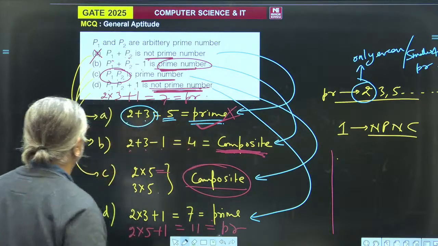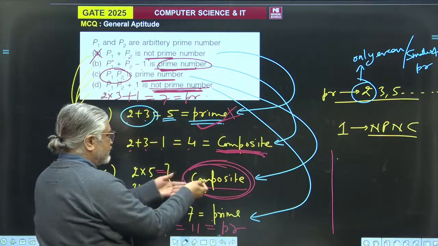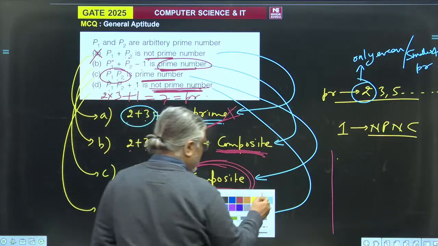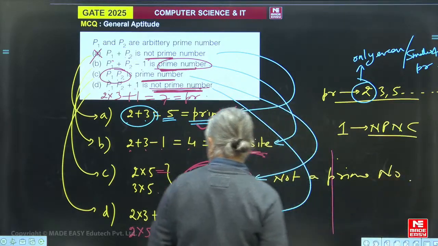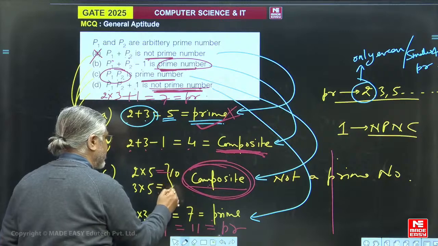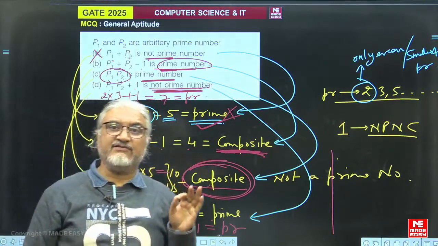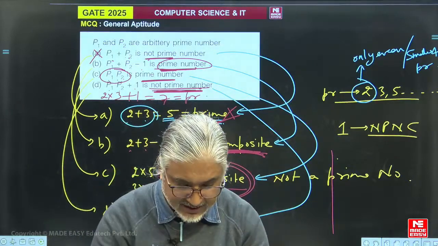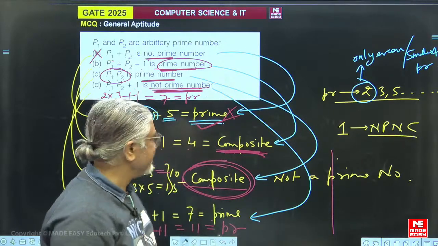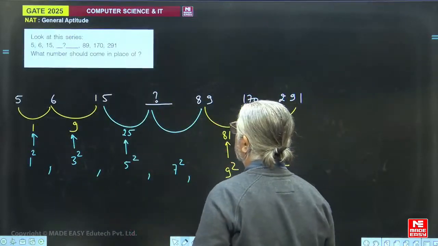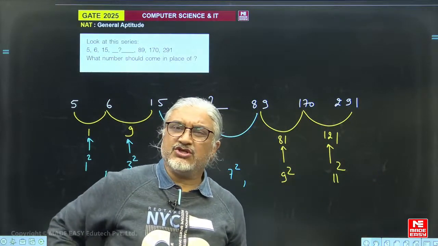P1 into P2 is not a prime number। मैं तो बोल ही रहा हूं कंपोजिट है, नॉट अ प्राइम नंबर, मैं तो बोल ही रहा हूं वो तो कंपोजिट नंबर है। P1 इंटू P2, 10 इज अ कंपोजिट नंबर, 15 इज अ कंपोजिट नंबर। तो इसमें क्या करेक्शन था वो लोग आप देख लीजिए, मैंने वैल्यू लेके पूरा क्वेश्चन आपको एक्सप्लेन कर दिया है, राइट। कैसे क्वेश्चन को करना था, आई हैव ऑलरेडी एक्सप्लेन इट। चलिए, ये बहुत ही सिंपल क्वेश्चन था, काफी सारे इससे बढ़िया बढ़िया लॉजिक के क्वेश्चन हमारे